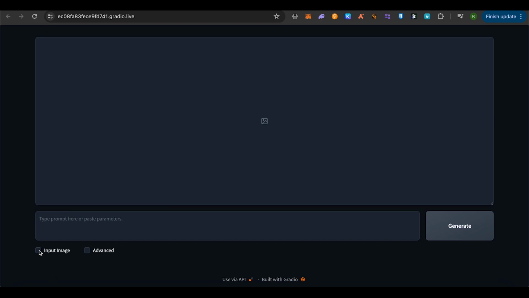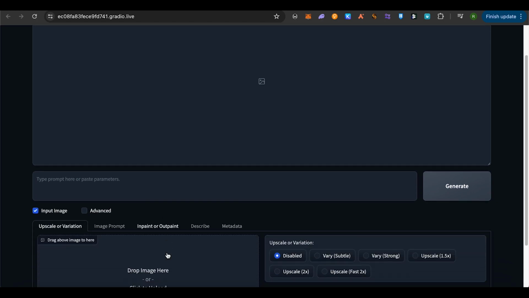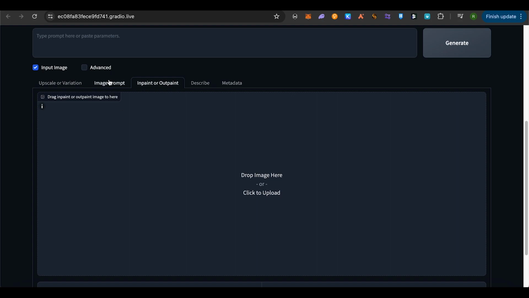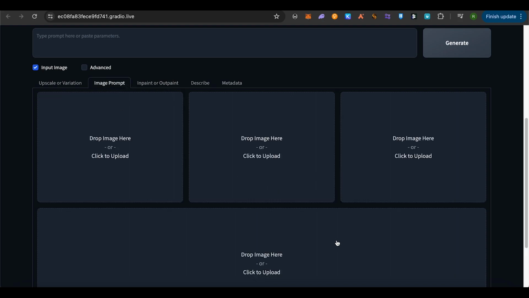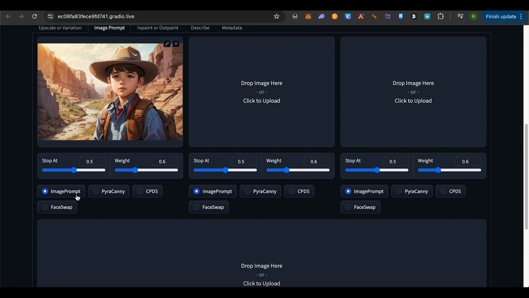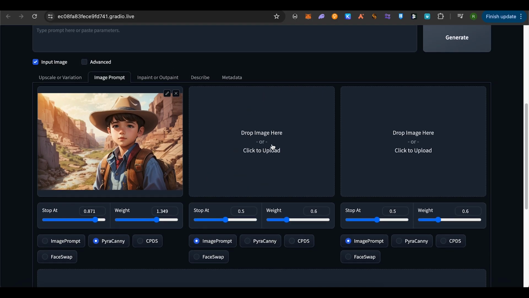Now over here select the option of input image, and after that you would be able to see different results over here. You can simply select the option of inpaint and outpaint or image prompt, then upload the image over here and click on advanced, and here you would be able to get different options. Now since we want the same model poses, we will click on this option of PyraCanny and just select the stop at and increase it and increase the weight as well,